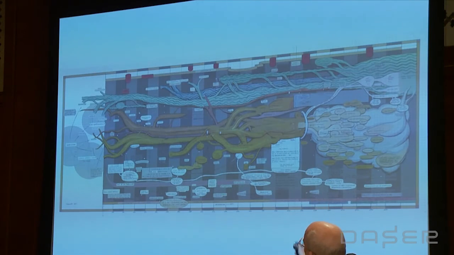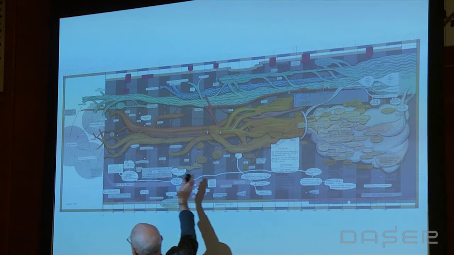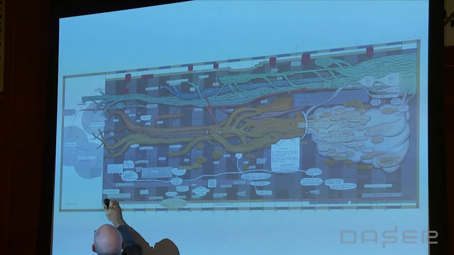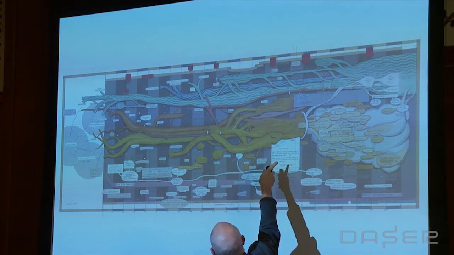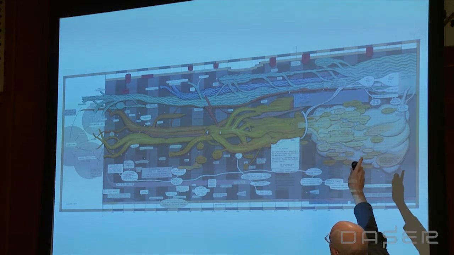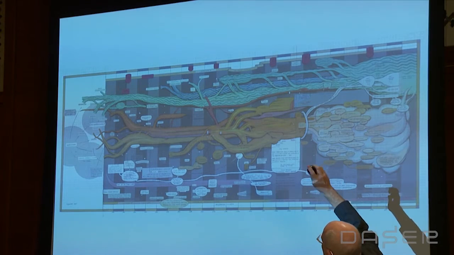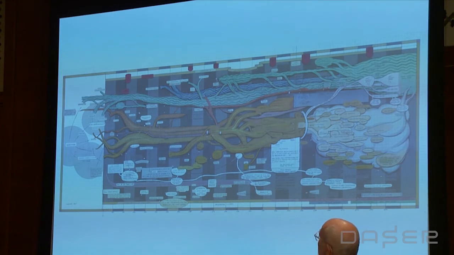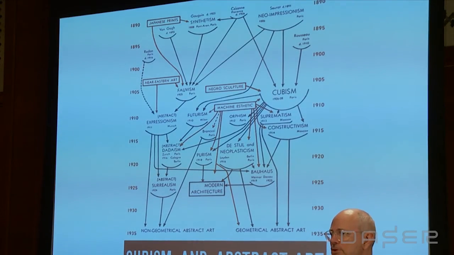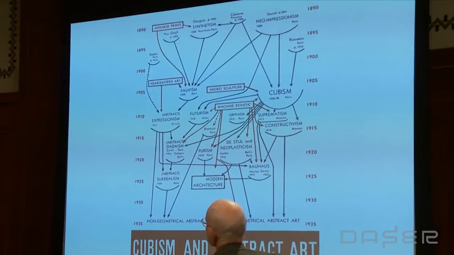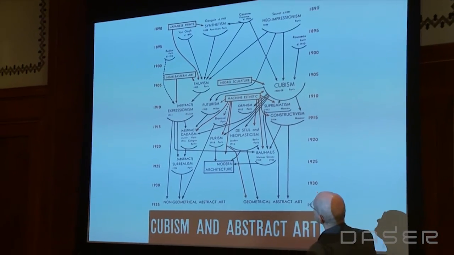Enough said. This one is bigger. And this is a kind of a world history of art, but it starts around the 1600s, and it does some branching, and it shows a lot of connections with economic things. And I got the idea from this very important map, which is by Alfred Barr, and it shows the development of the ideas of abstract art